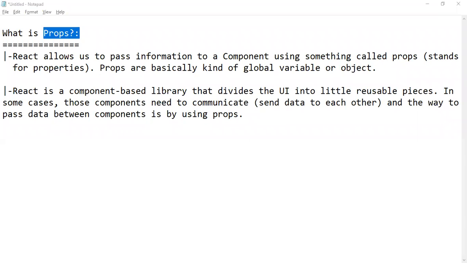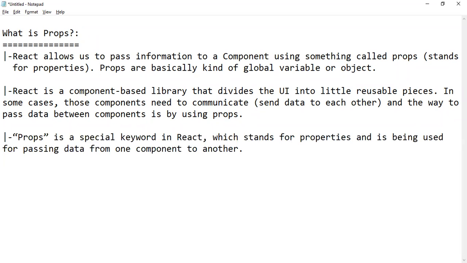So props is a special keyword in React. What is props? We can say props is a special keyword in React which stands for properties and is used for passing data from one component to another component. It means using props we can pass the information. But there is an important point you have to remember. Data with props is passed in a unidirectional flow.